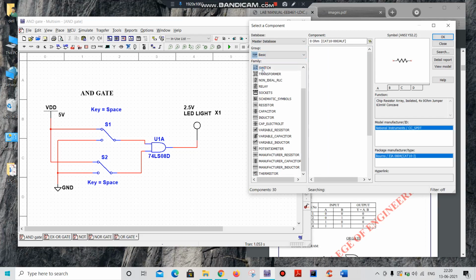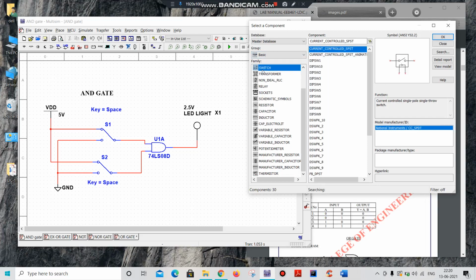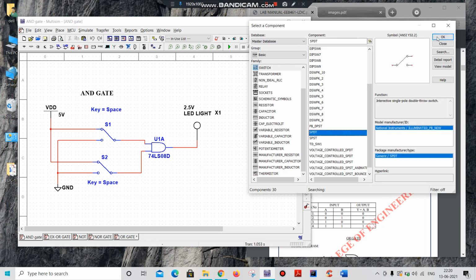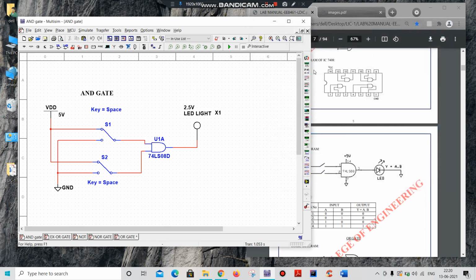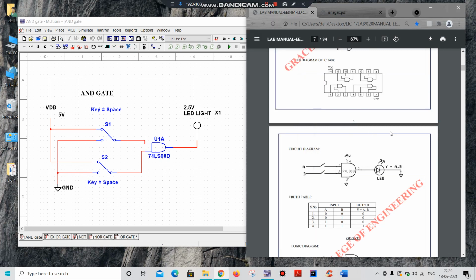So from your basic you can collect your switch. Here I am using an SPDT switch, that is a single pole double throw switch. After that I am taking the probe from Place Component, from the indicator group I am taking this probe.